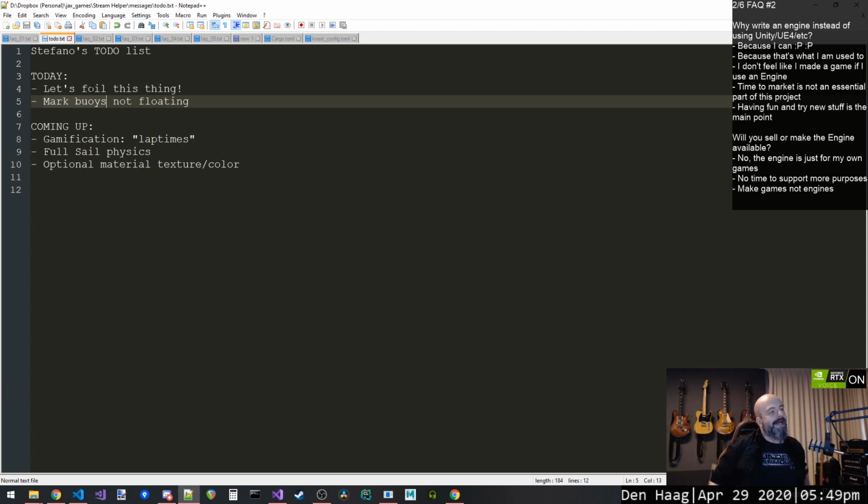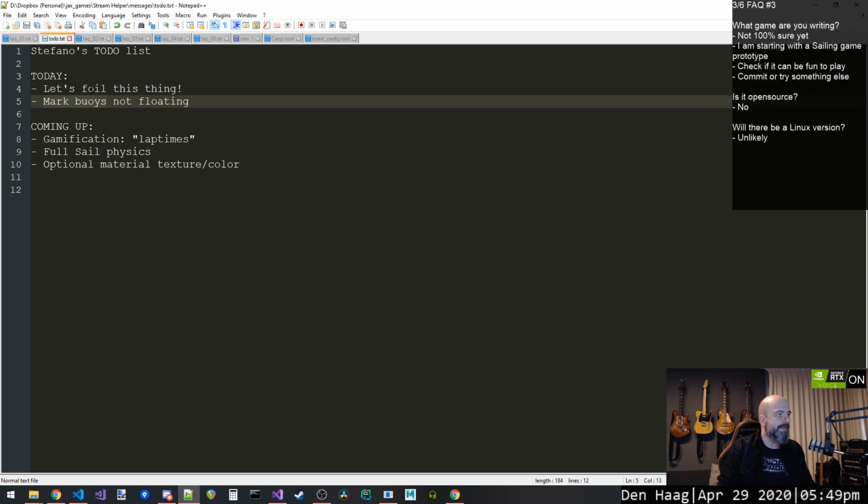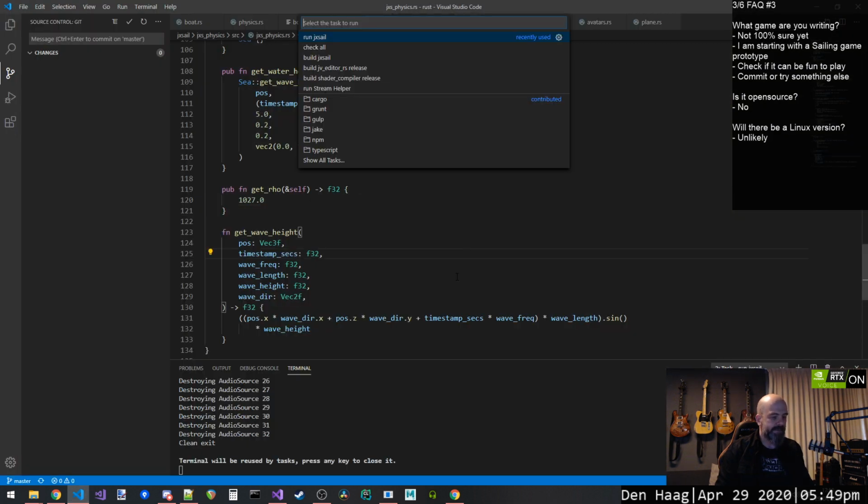So I don't think today I'm going to be able to put the boat in a drivable state, because there is still a lot of stuff that I need to understand about how the balance of this thing works. So it's going to be a beginning, and then if I still have time at the end, what we see here is that